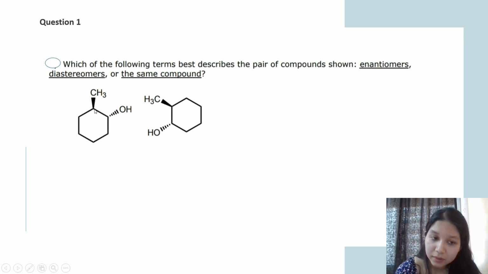Because if we talk about this group, it has CH, then OH, and further it has CH2, CH2. And for the second priority group, this group has CH2, two hydrogens are here, CH2, then further CH2 it has. So this will be the first priority group, this will be the second priority group, and this methyl, which is above the plane of the paper, this methyl will be of third priority. We have one more hydrogen here,